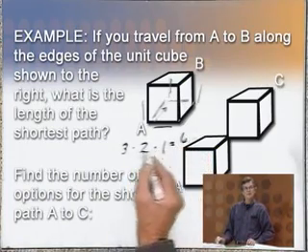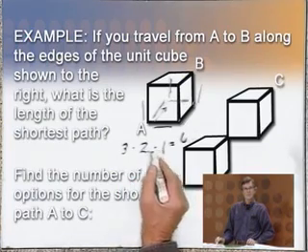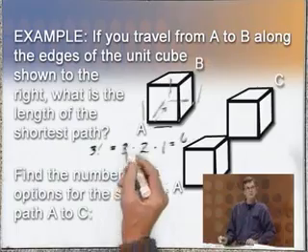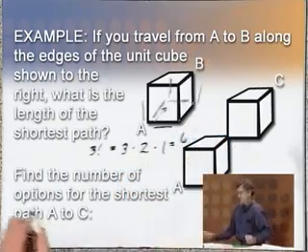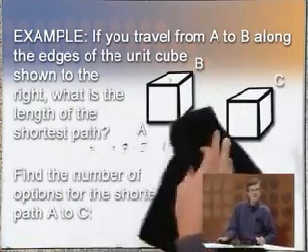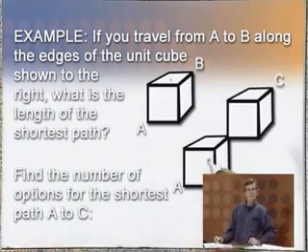By the way, we have a symbol for this. What do we call 3 times 2 times 1? 3 factorial. So we have 3 factorial ways that we can go from A to B, and that ends up being a total of 6 choices. Okay, now here's the real problem, and that is, go to the second illustration over here,